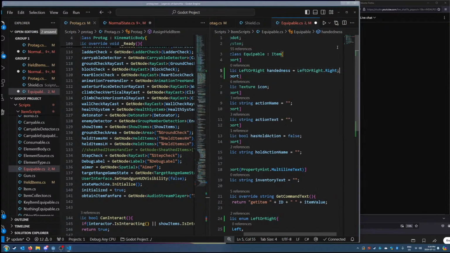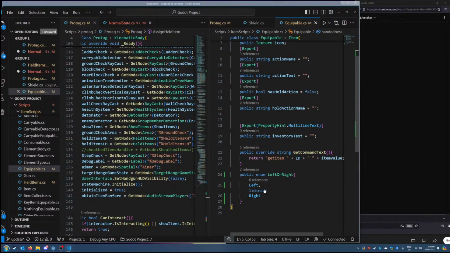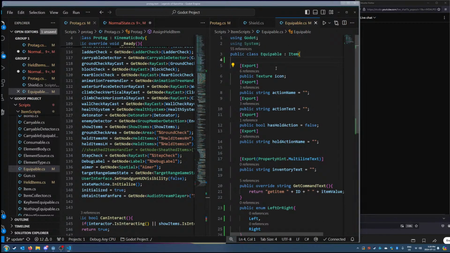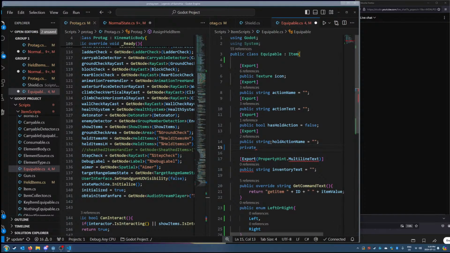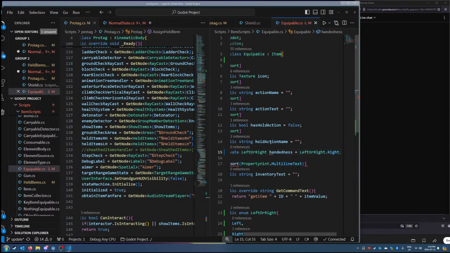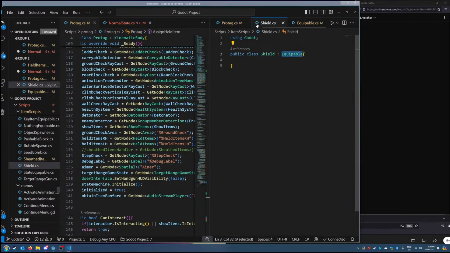Okay, so most items are for the right hand, so I'm just going to make that the default. And then I'm going to explicitly make sure that, actually I probably shouldn't make this editable in the editor. Maybe I'll make this private. Right. And then for shield,